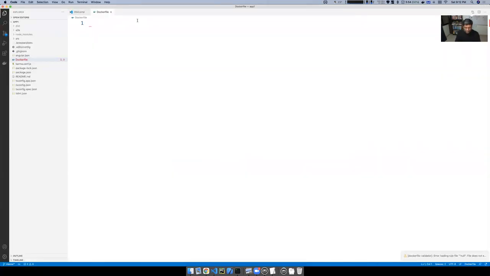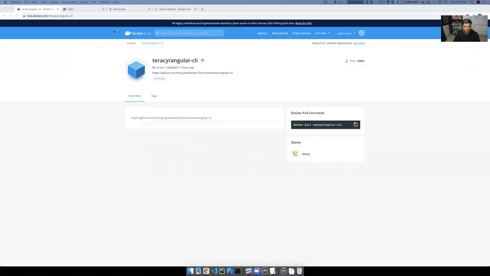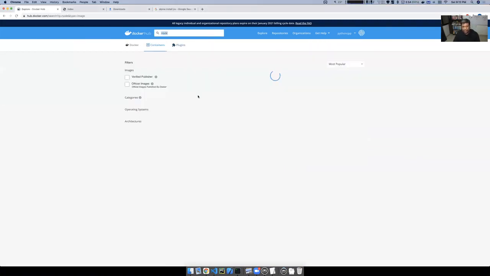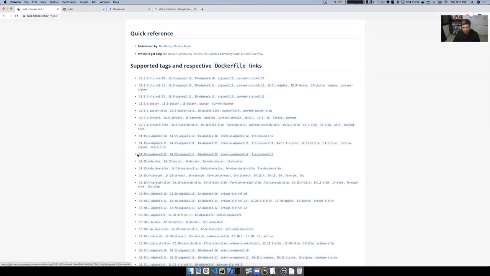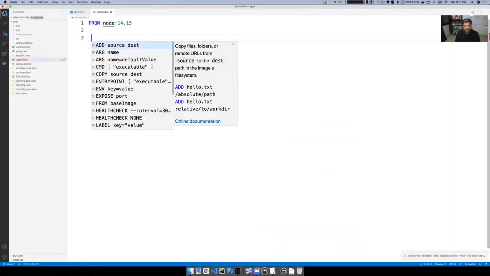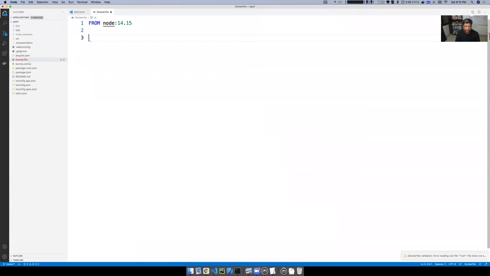So to do this, I'm going to say from node 14.15. I guess that's the latest version. And if I'm not mistaken, I saw that somewhere there. So we can use that and we can try this now. 14.15, it's already available here. So hopefully 14 or 14.15, I think that is going to be fine. So from 14.15, first I'm going to install the ng utility here because